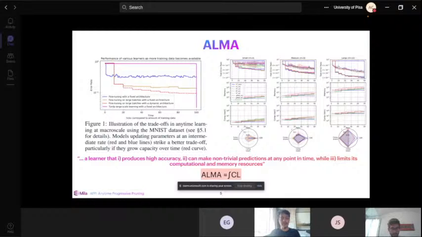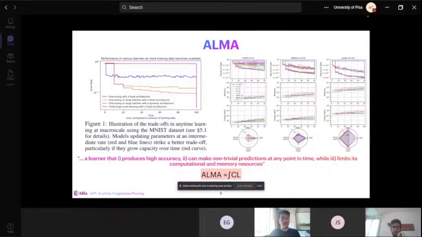So what ALMA proposes is a balance between the two, and they try to find this optimal wait time, which corresponds to these mega batches of data. So they wait for like 10 time intervals to collect a mega batch, and then they train on that, and subsequently once they have the next mega batch, they take the previous mega batch trained model and fine tune it on the next mega batch, and so on and so forth, which is what the red and the gold line represent, except in the red line the architecture is dynamically changing, which in their paper they are just increasing the capacity of the model such that they can accommodate the new information that they're getting with the more mega batches in the stream.